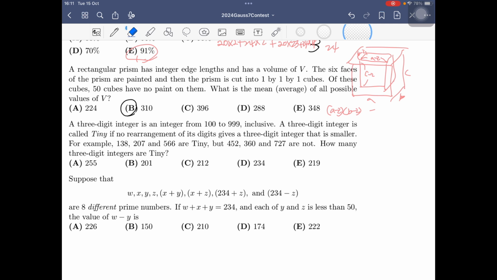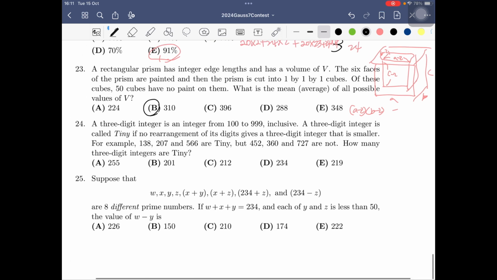3-digit integers, that is, integers from 100 to 999 inclusive. A 3-digit integer is called tiny when no rearrangement of its digits gives a 3-digit integer that is smaller. Okay, so